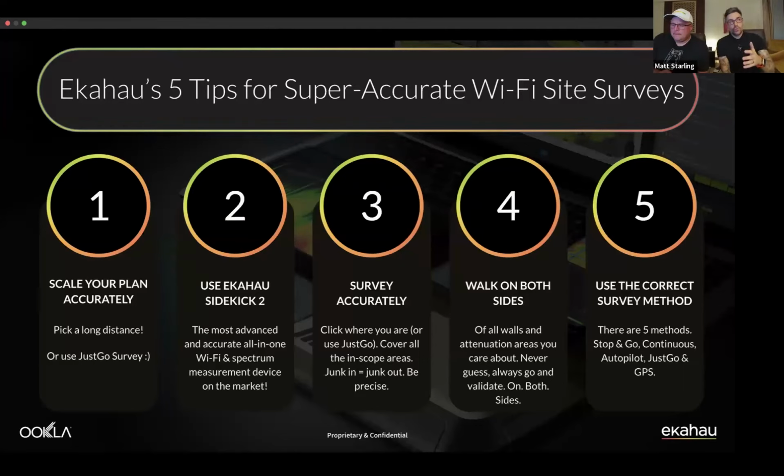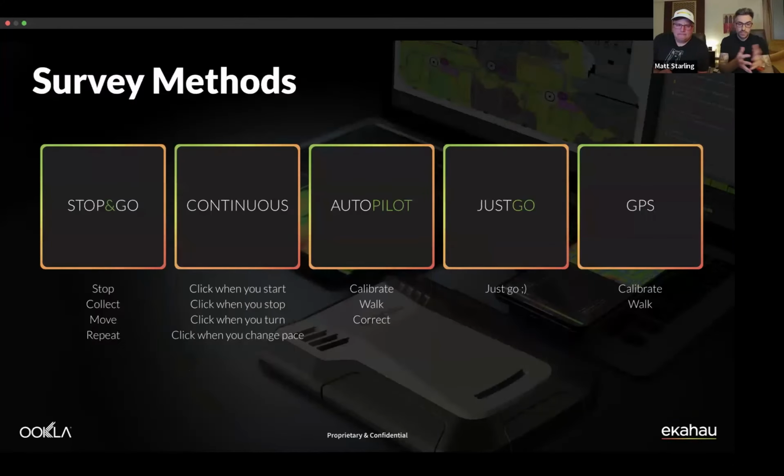And then make sure when you're doing your survey that you walk on both sides of what you care about and go into all of the rooms that are crucial to you. Don't just walk hallways, make sure you go into as many rooms as possible, go on either side of the walls. That's how you're going to be able to work out these values. Especially when you're using Ekahau AI Pro Online, it's really crucial that we do that. And then use the right survey method for you and your environment. So let's have a look at these survey methods.